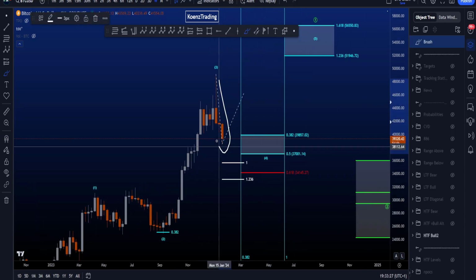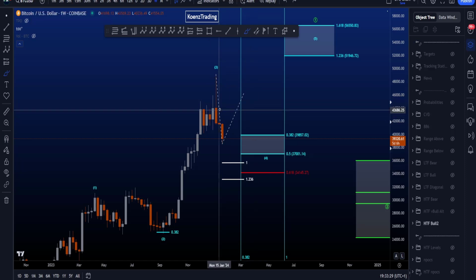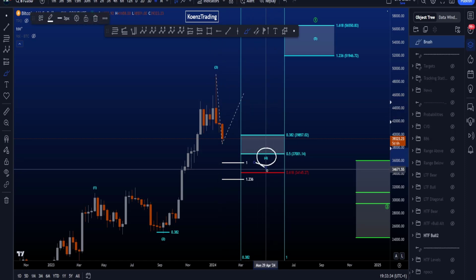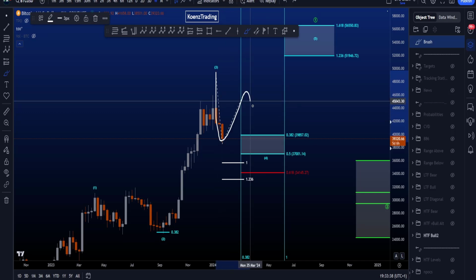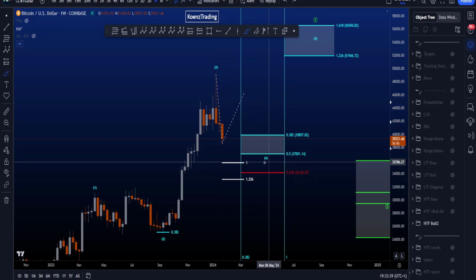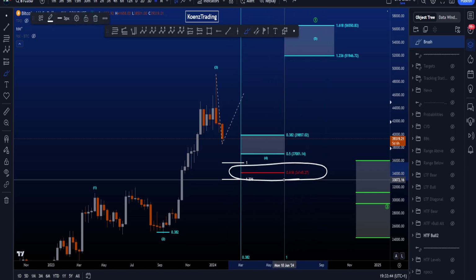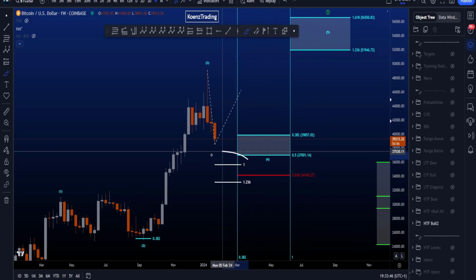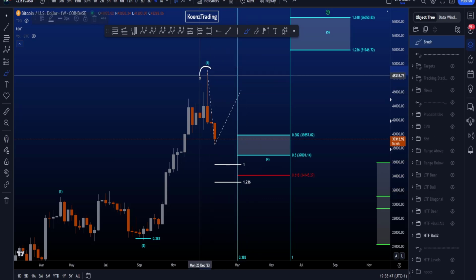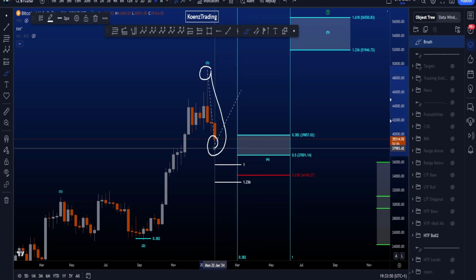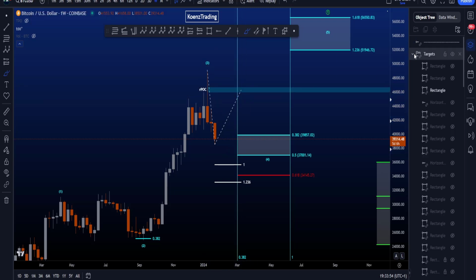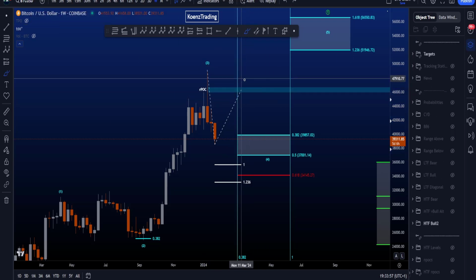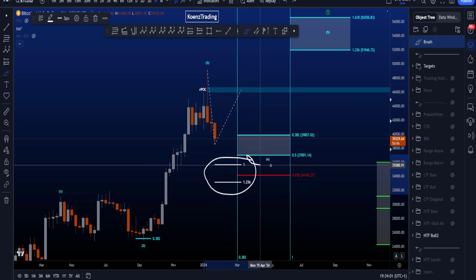Because if this is only a wave A to the downside and we are looking for a zigzag in wave 4, then we are looking for a wave A, B and then a wave C. Which means that the most common target for a wave C preferably is not hitting this 0.618, but what you can see here on the chart is that if I pull a trend-based fib extension from the high to the current low to the high that I have over here, which is the high on top of this target box that I have over here at 46k, then the common target area for a wave C is in confluence with